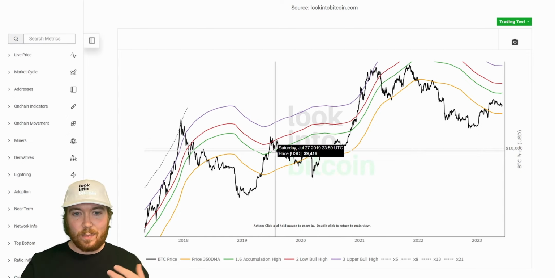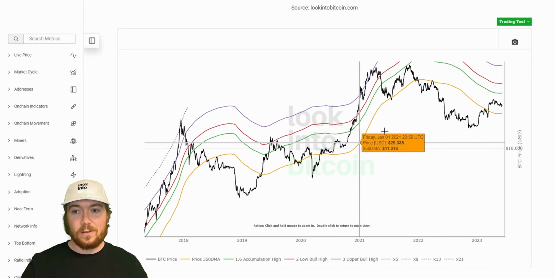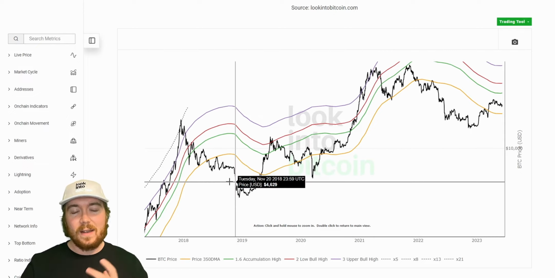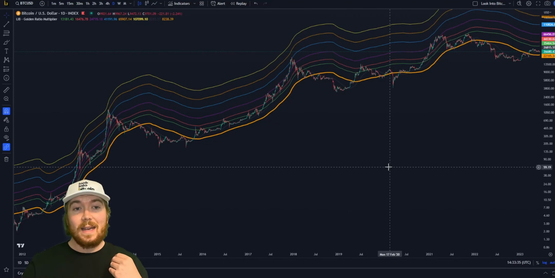not only the price peaks, but also significant levels of support and resistance throughout Bitcoin cycles, and also as a great indication of whether we're in a bull or bear cycle just by looking at whether we're beneath this 350-day moving average. But if we go into TradingView here, we can see I've got this indicator loaded up, the